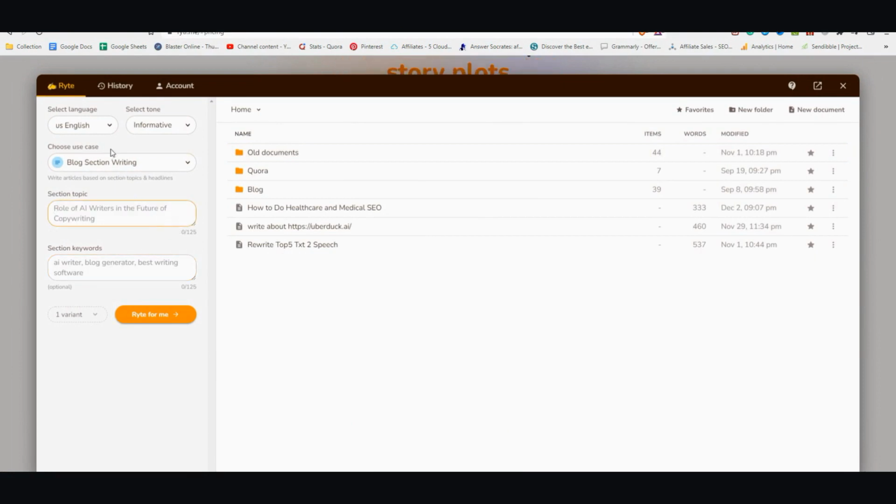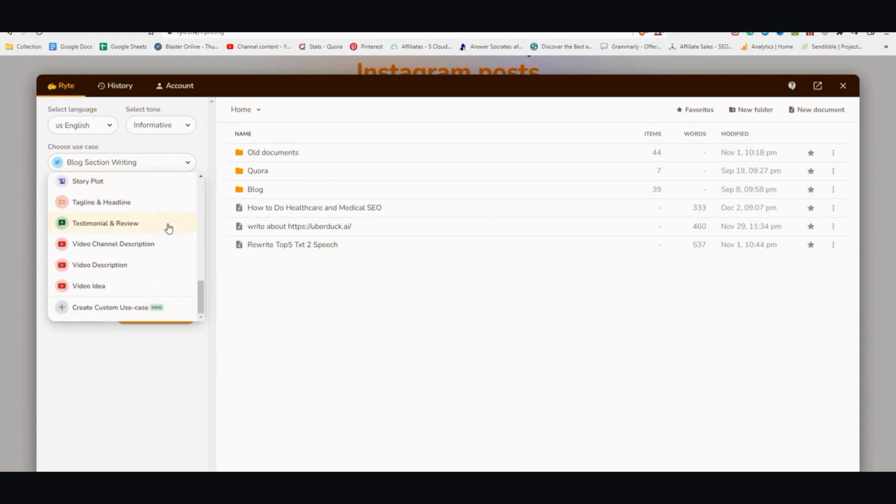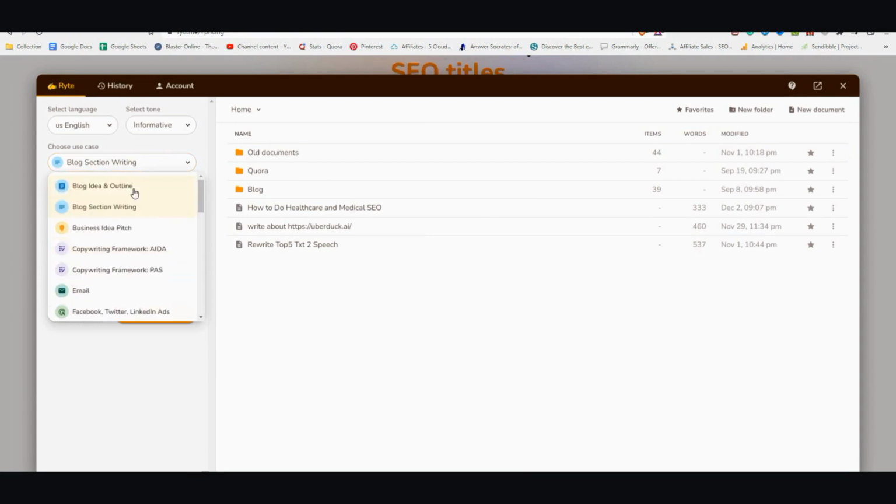And then you just select from a whole bunch of different content templates, right? So you can go into blog idea and outline, blog writing section. So this is for if you want to write a blog from scratch. You have just a keyword and you just want to enter that in. This one is if you want to write like an introduction, a conclusion, maybe the middle section. If you just want to write different sections, or you already have the outline, and then you can just do